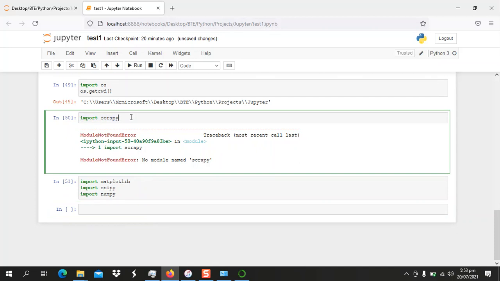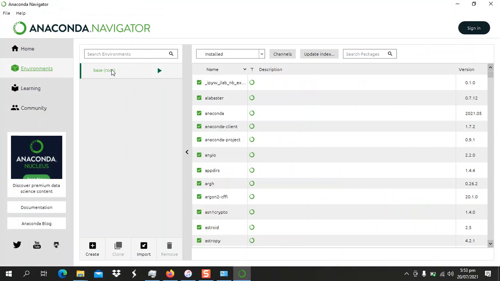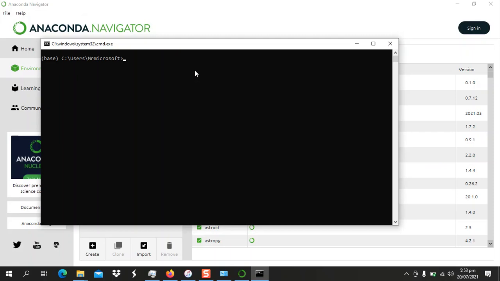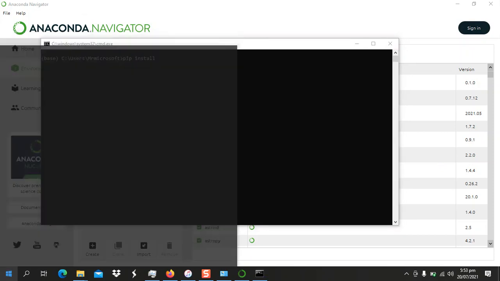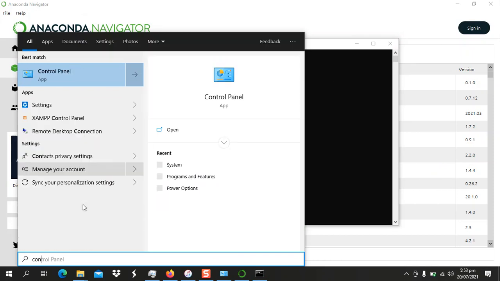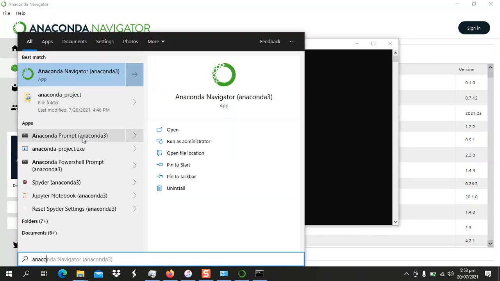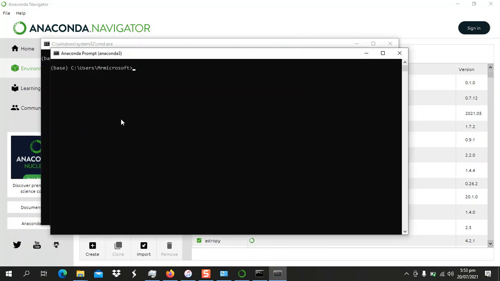Now the way to do it is you have to go to your conda environment, go to environment, go to base and open a terminal. You understand? From here you can type pip install. One way of doing it is you can still go to the conda. We are not going to do this, but I want to just show you. You can go to the anaconda prompt and type conda